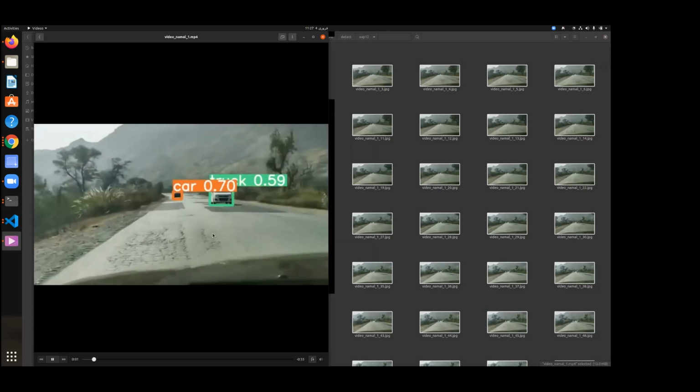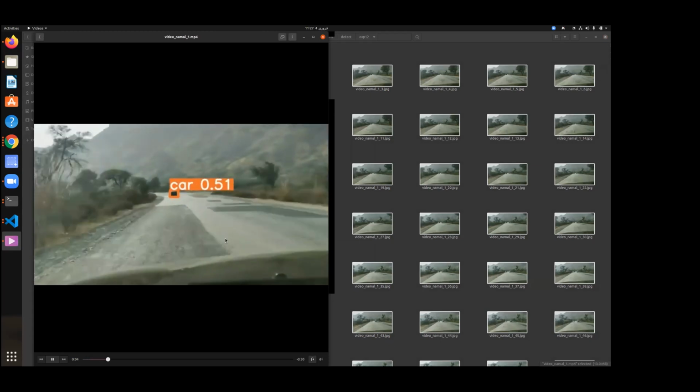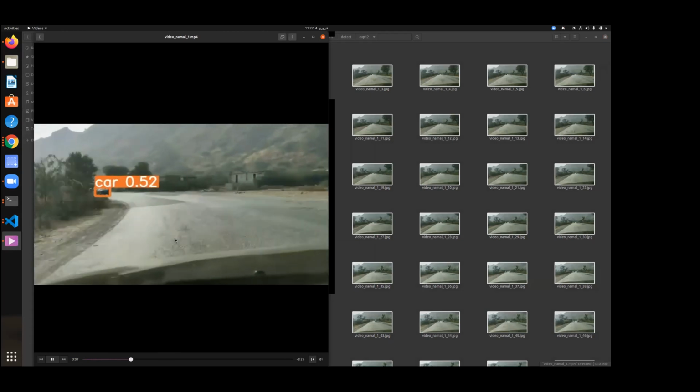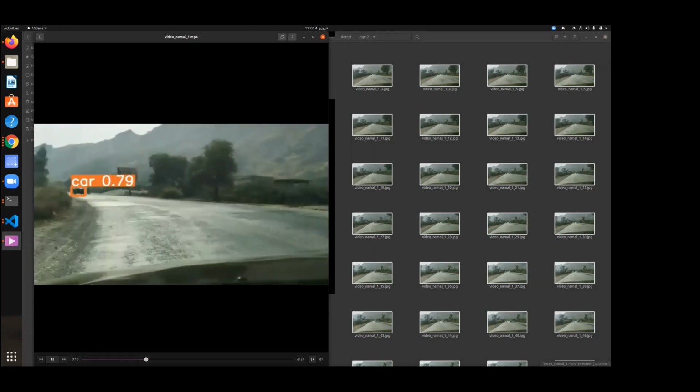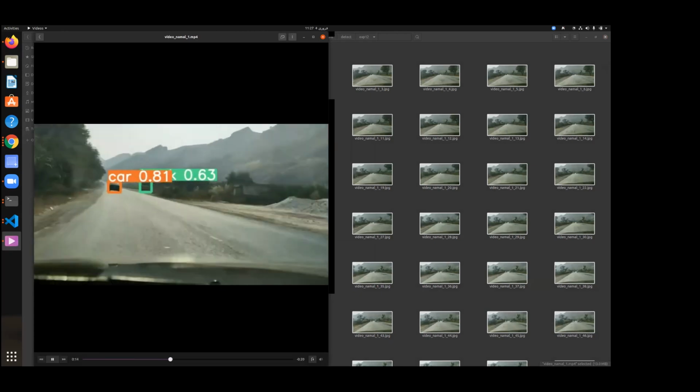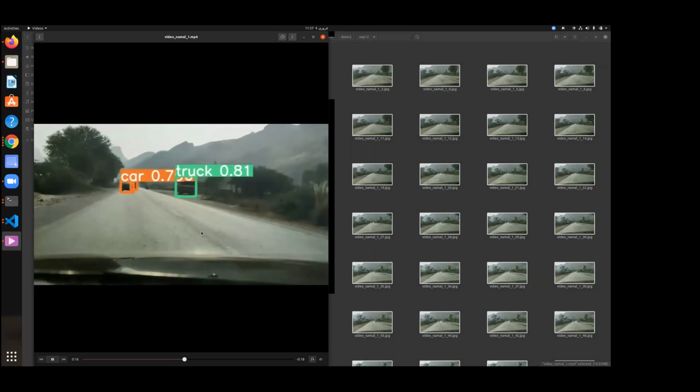ये इसके YOLO V5 लार्ज के रिजल्ट्स हैं। इसकी वीडियो की स्पीड सेम ही रहेगी, क्योंकि वो फ्रेम्स को काउंट नहीं कर रहा, वो प्रोसेस करने के बाद दोबारा से वीडियो को सेम फ्रेम में कन्वर्ट कर रहा है, लेकिन इसकी इन्फ्रेंस स्पीड स्लो है एज कम्पेयर टू YOLO V5N। तो ये जो लोकल वीडियो मैंने रिकॉर्ड की थी उसके ऊपर है।